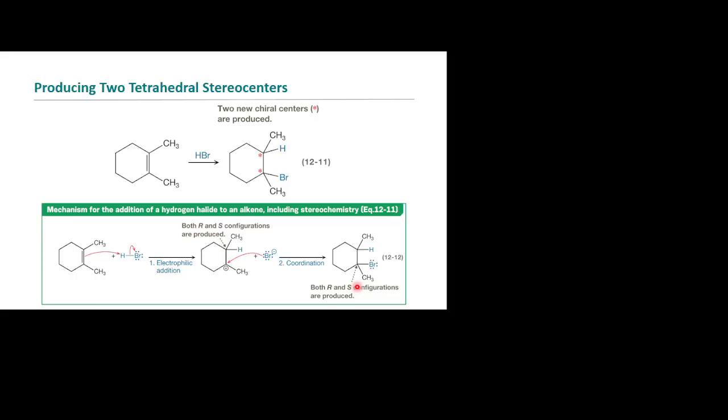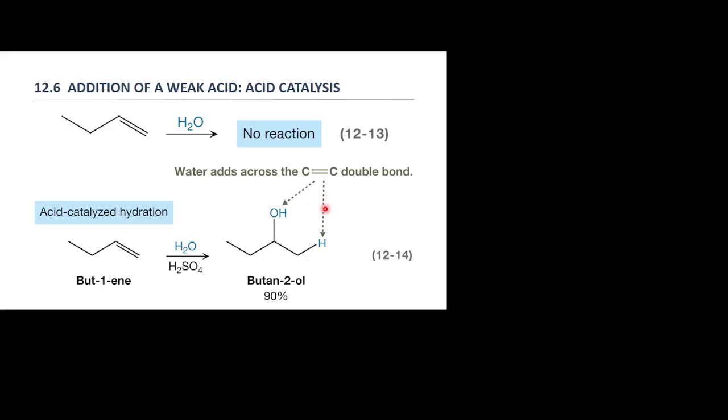Okay? If chirality matters for your product, like you're making something that's going to go into biological systems, then this can actually be really annoying to work up and get your final product from. Okay, because every time you do these reactions, you can generate like 4 different products, right? So imagine if you do that a few times. You're gonna have to sit there purifying 4 different things. You all remember from lab, is purifying stuff something you necessarily will have to do a lot? Probably not. Okay, so let's talk about weak acids adding across this bond.